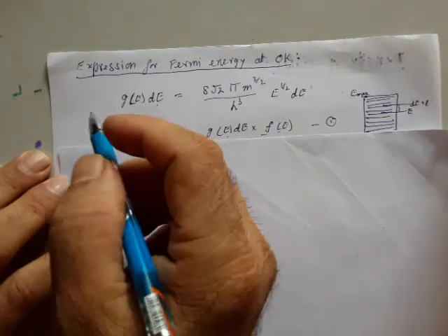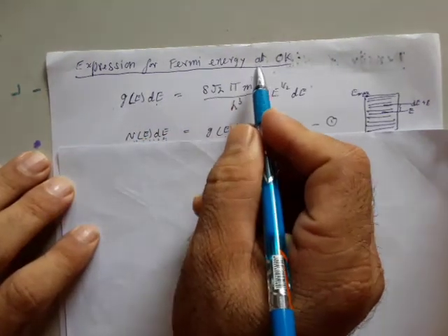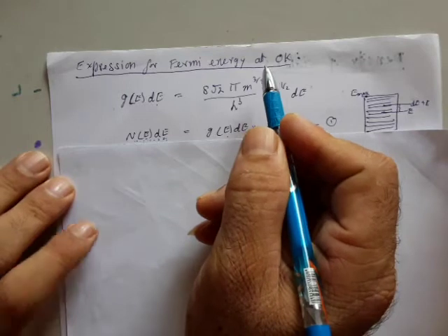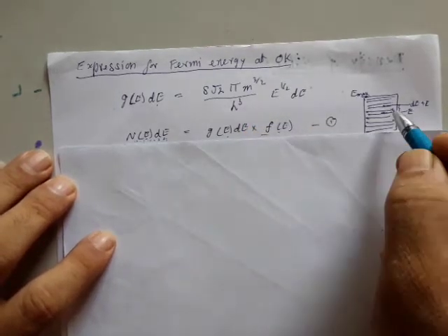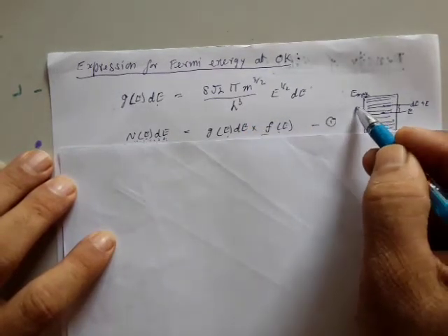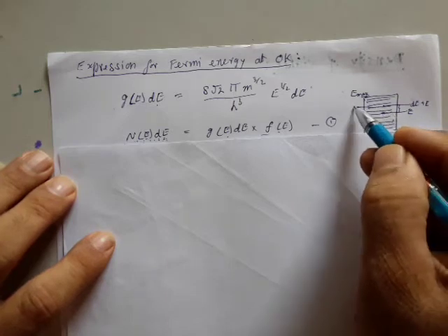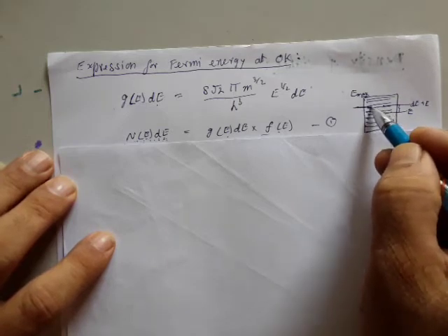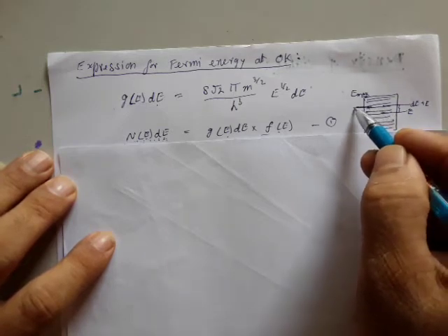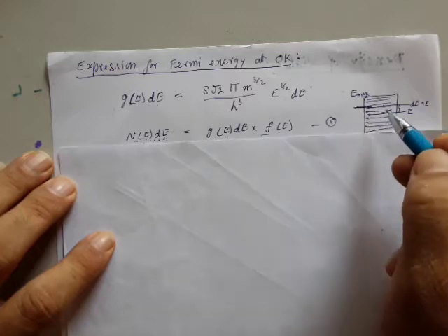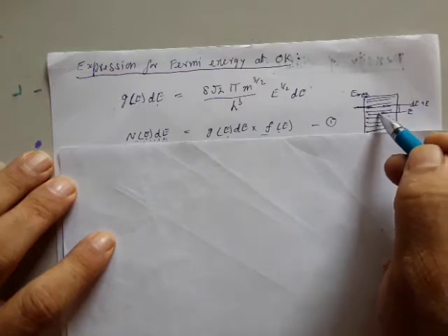Now we will try to derive the expression for the Fermi energy at absolute zero Kelvin. We are aware the Fermi energy is the highest occupied level of the electron at absolute zero Kelvin. So what is the expression for it? We are very sure that the Fermi energy should depend on the number of electrons that are present in the